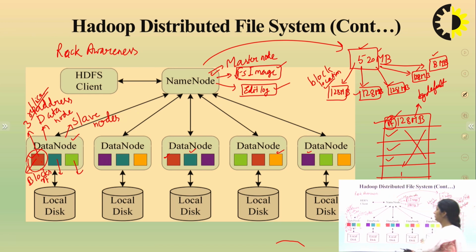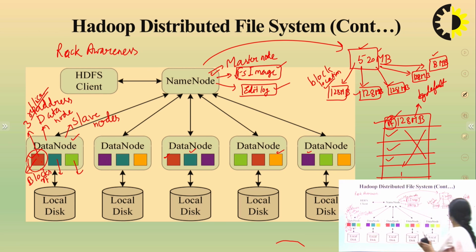Overall, we can say name node and data node are two terms in HDFS, which are very important. The name node works as a master node, the data node works as a slave node. The name node contains the information of the file, like file size, block address, data node address, etc. And the data node contains the actual data. The data is actually stored in the data node, and we have by default 3 replicas of each block ID.